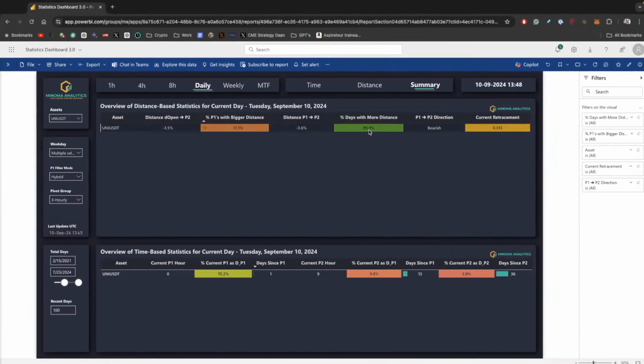This is actually the reason why I made hybrid filtering. You see, this is very low, 17%, and this is really high. So the contrast between this one and this one is massive, right? This is a massive contrast. And the reason why you have that now is because of hybrid filtering.